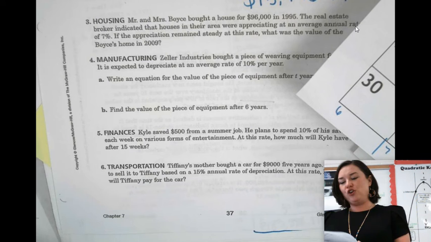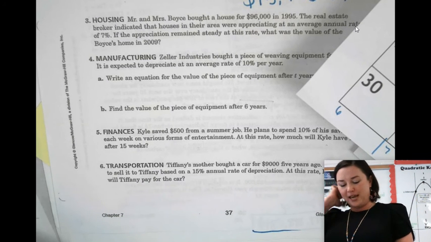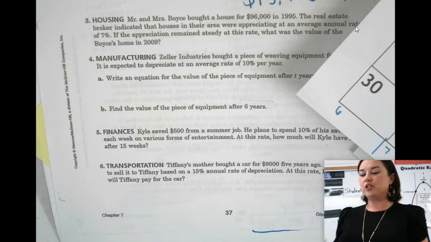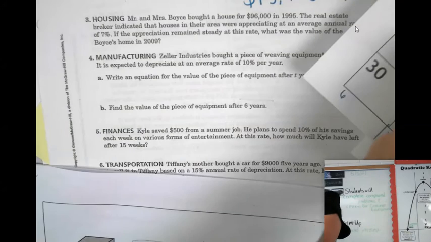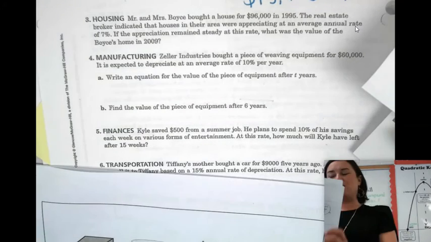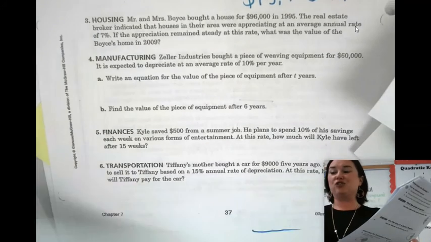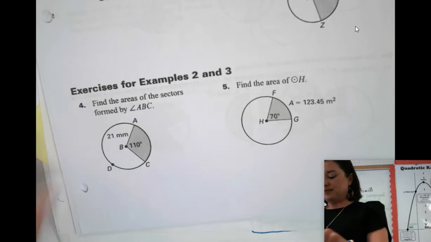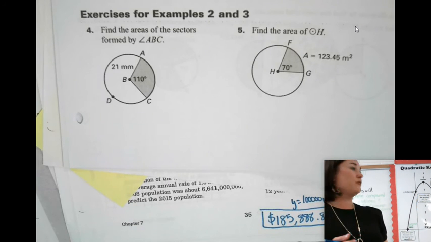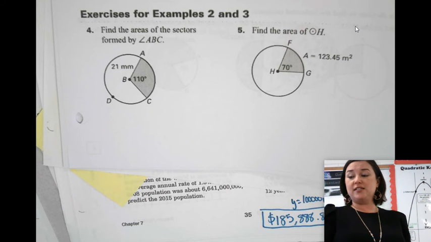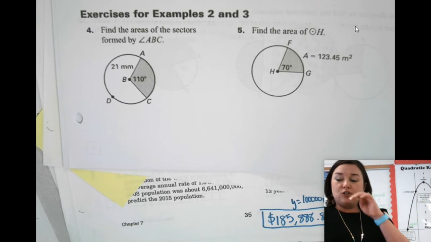All right, so if you would turn to page 4, we're going to do 1 or 2 problems on page 4, and then we're moving on. Because I feel like what we're working on, we've already looked at in the circles unit. So page 4, number 4 says, find the area of the sectors formed by angle